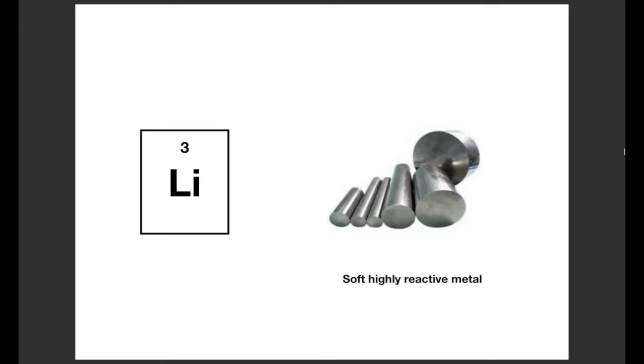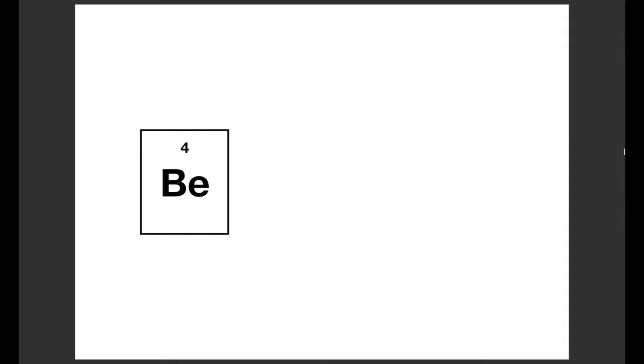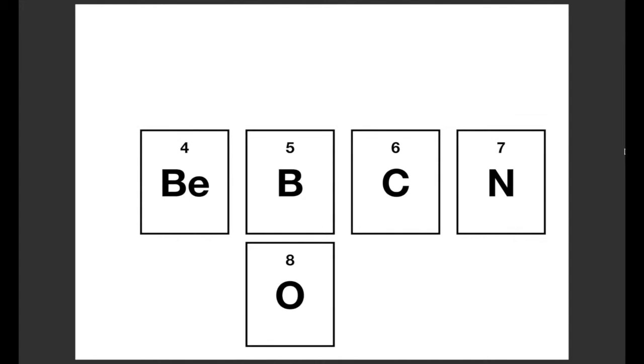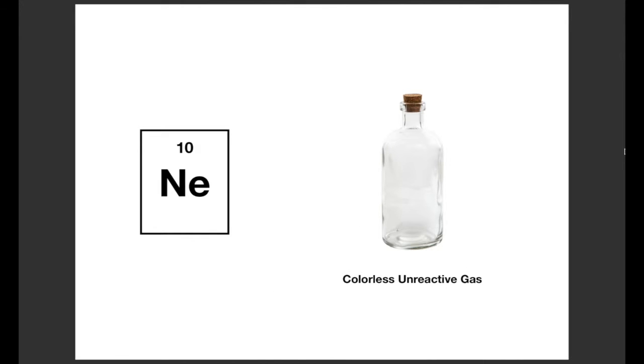This is followed by lithium. Lithium is a soft, highly reactive metal. Going from there, we have beryllium, boron, carbon, nitrogen, oxygen, fluorine, and then we come to neon, another colorless, unreactive